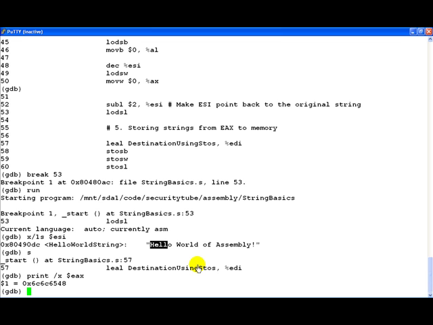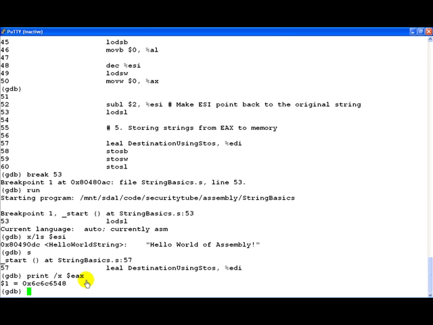So if you notice, right now we have loaded these 4 bytes into EAX, and if you notice, it is in the reverse order. H has been loaded here into A low, small e has been loaded into A high, and then the double L's have been loaded into the top 16 bits of the EAX register, right? So this is how, using the LODSX series of commands, it is possible to copy strings from memory